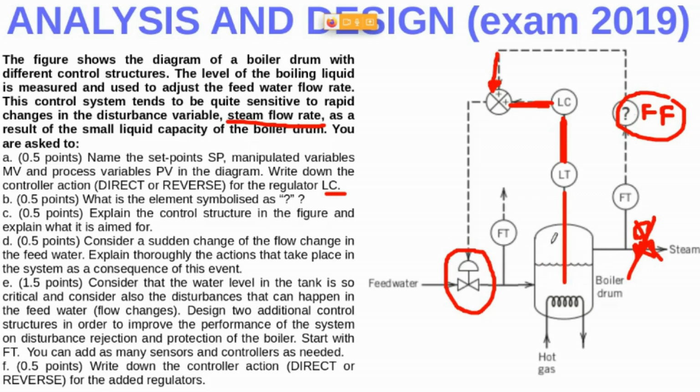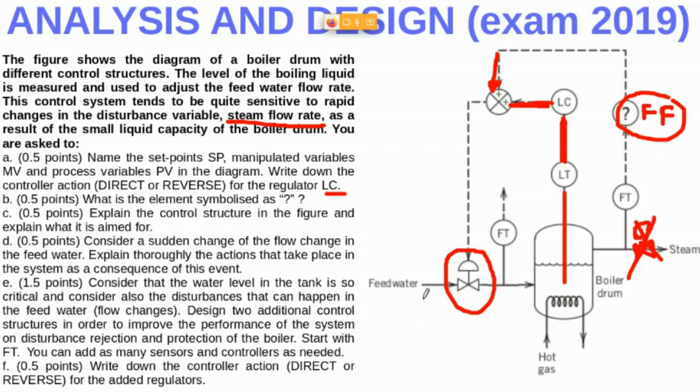Remember that the capacity is very small in this boiler drum, so for sure it will affect the level in this tank. So the designer adds this controller action in advance to the typical feedback control loop. Then consider a sudden change of the flow